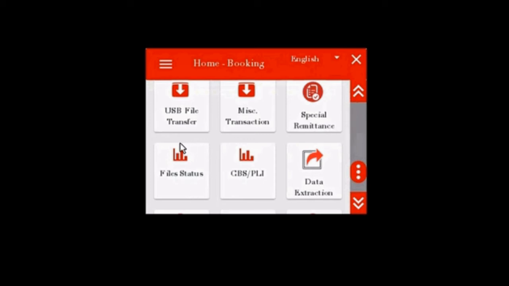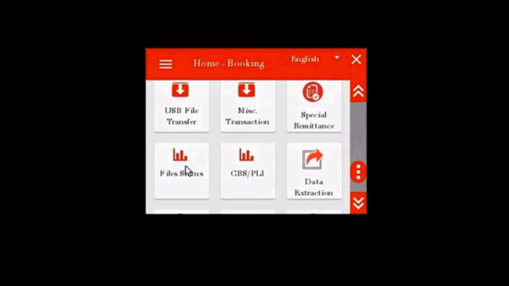Next, file status. This option allows BPM to know the status of the files which are uploaded to the central server through the device and downloaded, that is both offline and online files, from the central server to the device. After clicking file status, a page will appear on the screen with two headings.